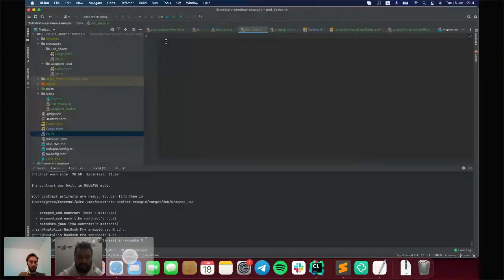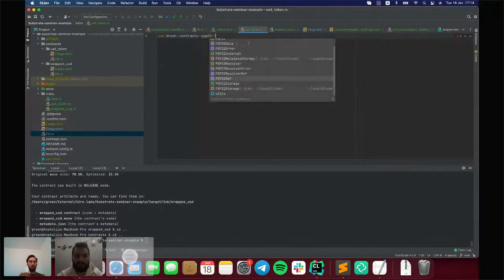In the current example, our USD token doesn't have its own logic. It only implements this stuff from OpenBrush.